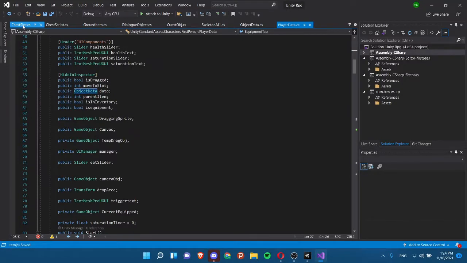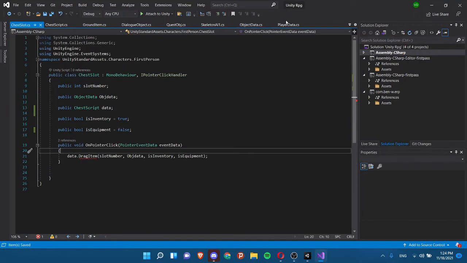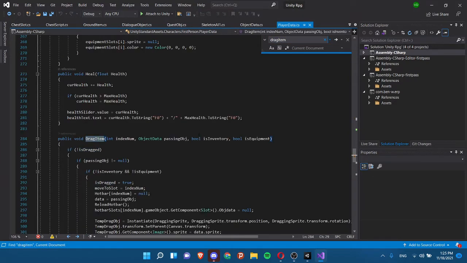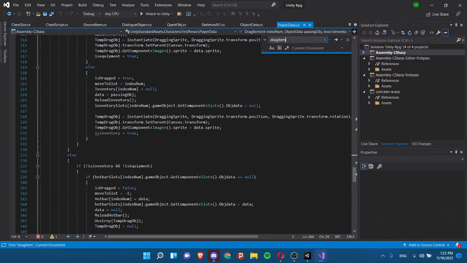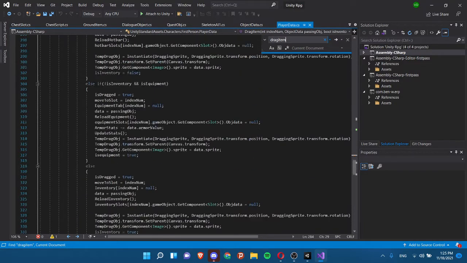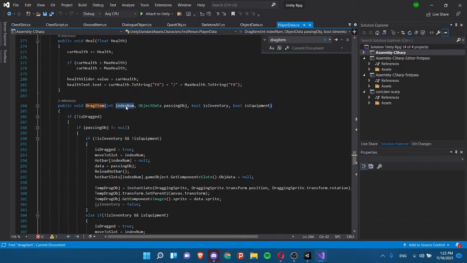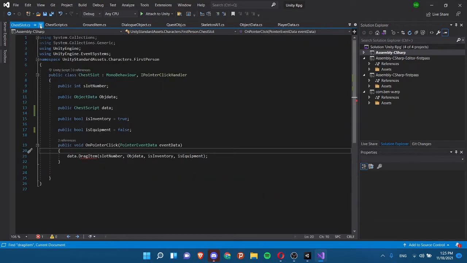and then we can go into our, oops, didn't mean to pin that. We can go to drag item, the drag item script, and yeah, this is a lot of code. So what we mainly want to do is have each of our inventories talk to each other. Let me see here. So public void drag item is equipment. What we can actually do is, you know what, we can